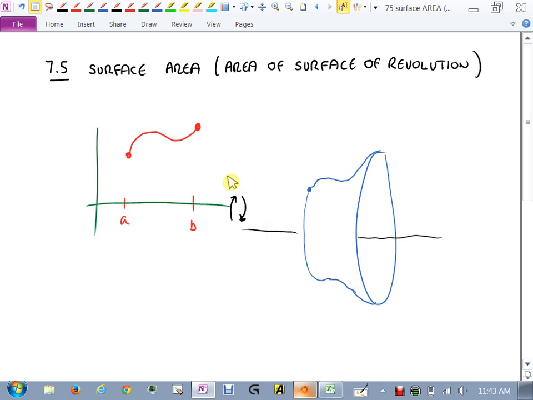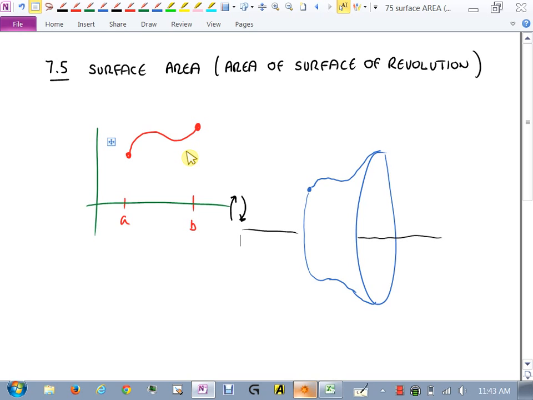Arc length, I never rotated it. I just took it off the page and stretched it out and measured how long it was. So once you rotate it, you're creating this three-dimensional object now. Are we about to plug the arc length formula into it? It's going to be connected to the arc length, but just like before, I want us to come up with